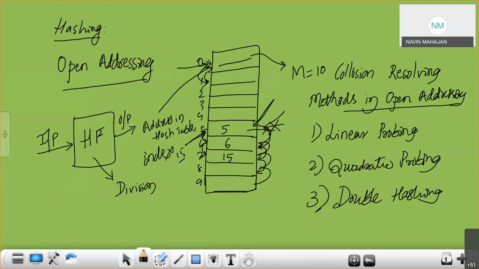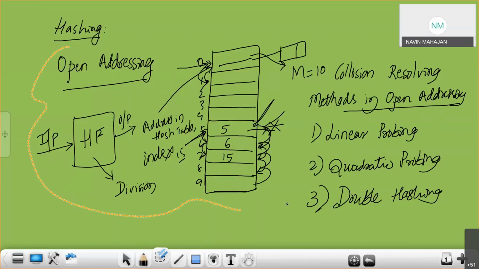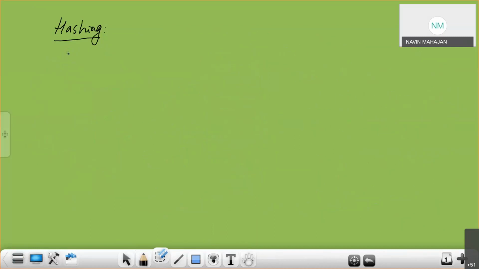Rather, we will form a chain, and chaining is used in closed addressing. Now, I'm just explaining these things. I will share the PPTs. You have to read all those PPTs and you will understand. We will take some examples also in that.